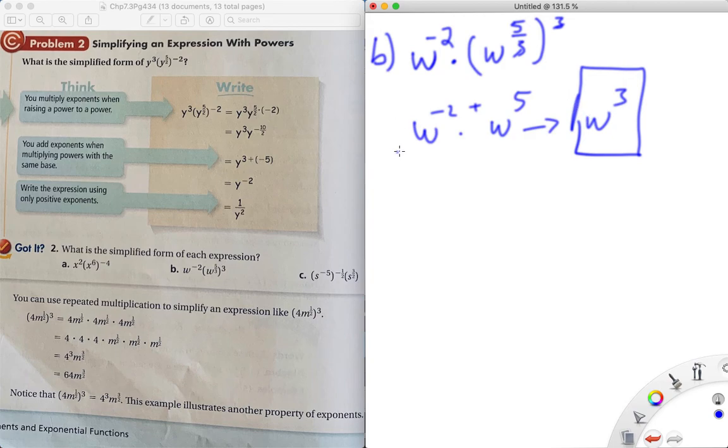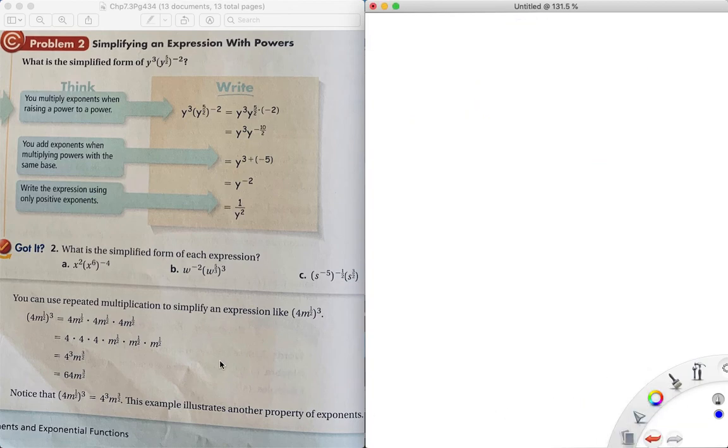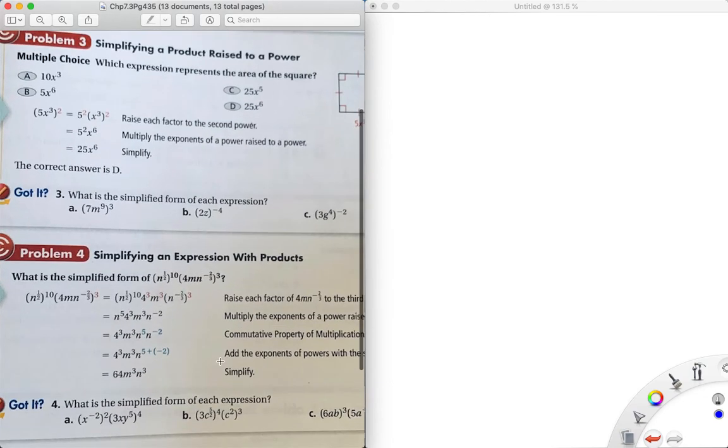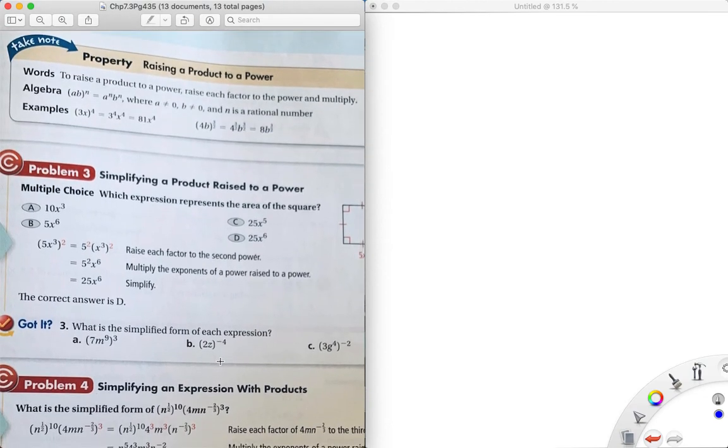Okay, so we'll leave that right there. Let's go on to the next example that they have for us. More raising a power to a power. So here,